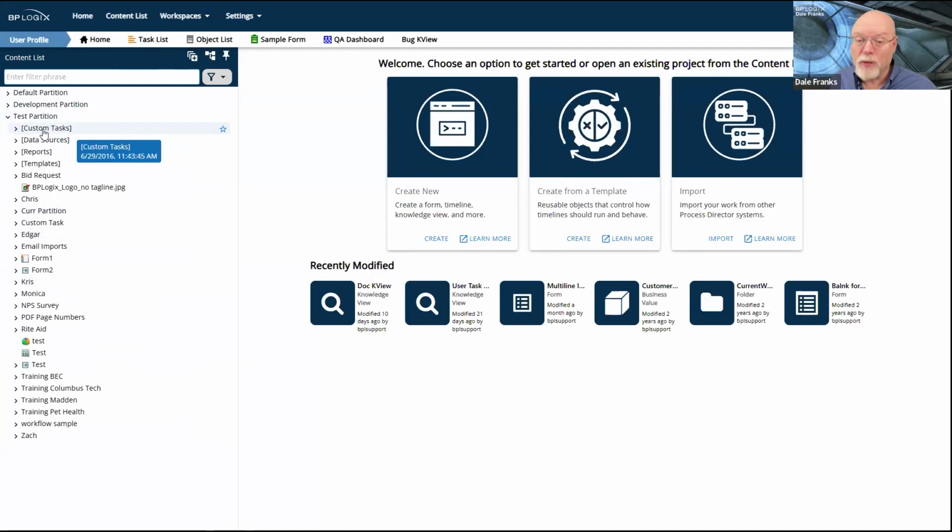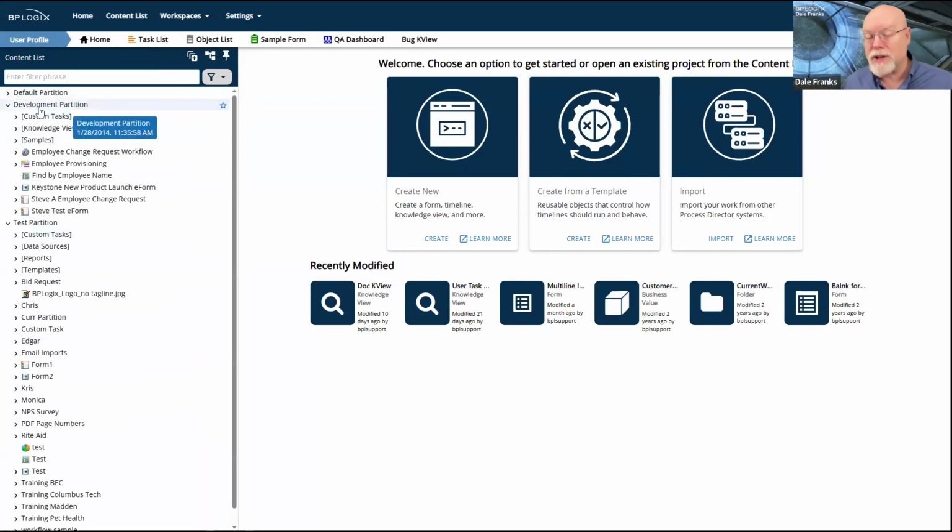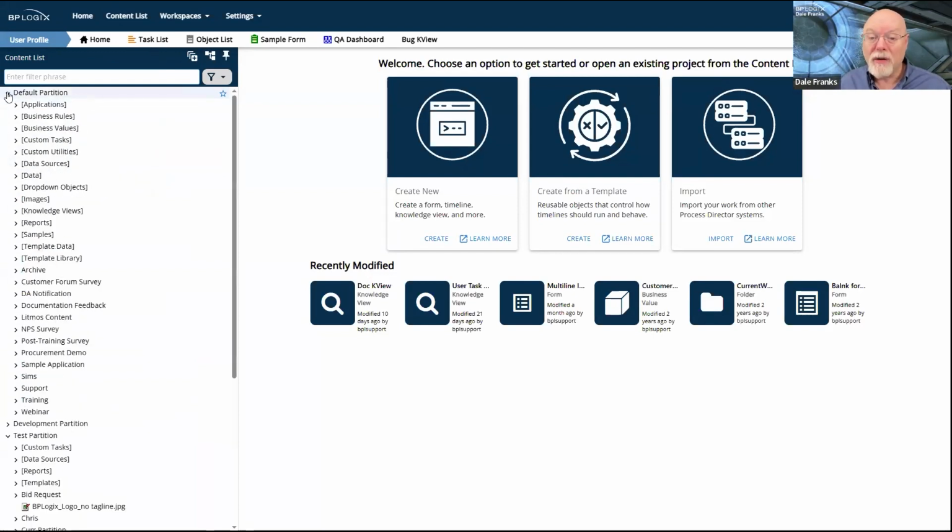At the root level of these partitions, they each have that custom task folder. If you have multiple partitions on your system, partitions don't talk to one another, and we can't shuffle data back and forth between partitions. Therefore, we have to have that custom task folder at the root level of every partition.